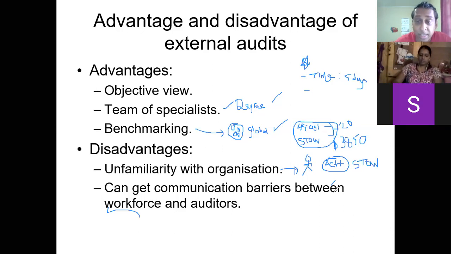Again, a good example could be if the auditor they got was not Trinidadian, say from the US or the UK, and they talk a little differently, dress differently, and look a little different. We Trinidadians tend to cover a little bit, and that may create communication barriers.